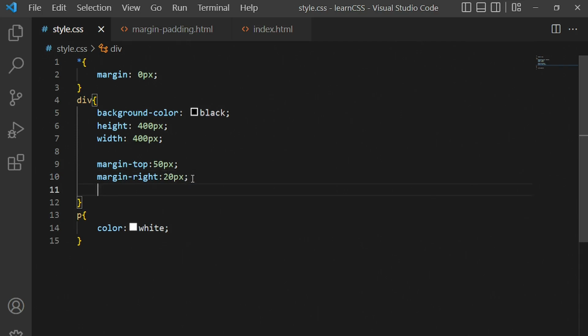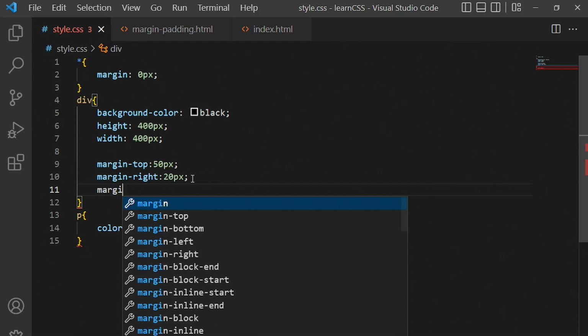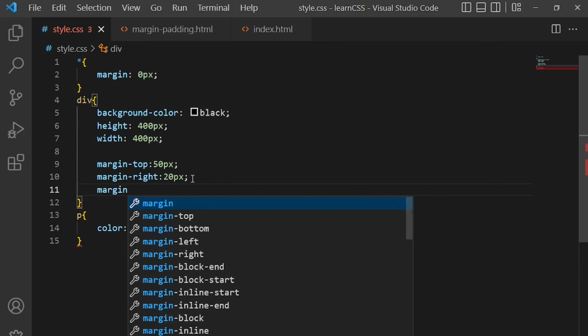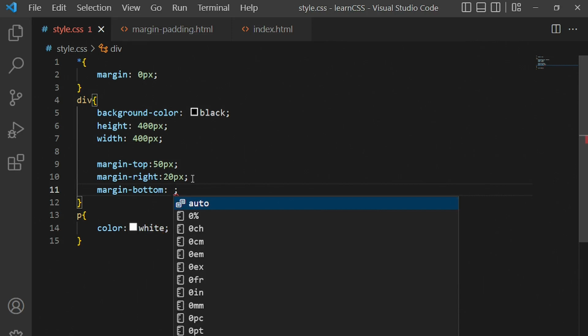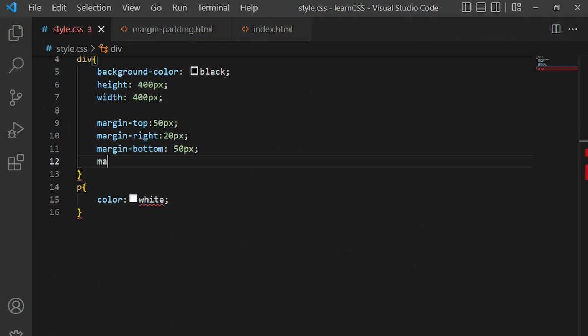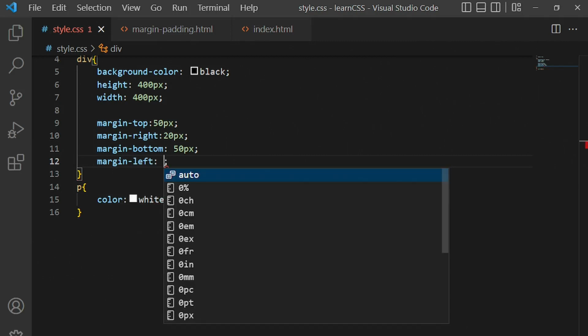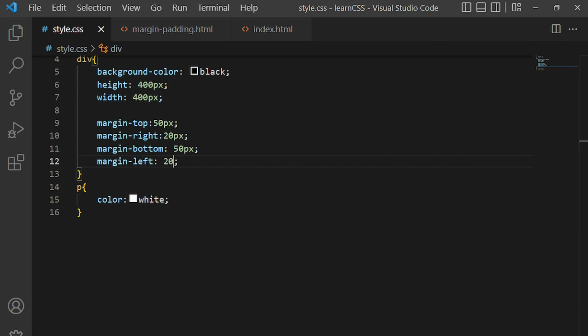Come down again, and this time we'll put margin-bottom, and this time we're going to put 50 pixel, and then we put margin-left. Put left there, and this time we're going to give it 20 pixels like this, and then let's go to a web browser,